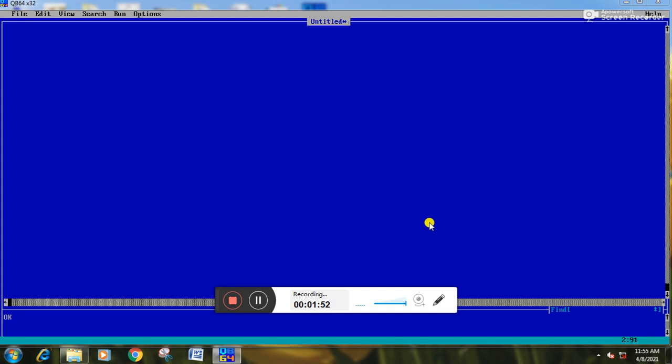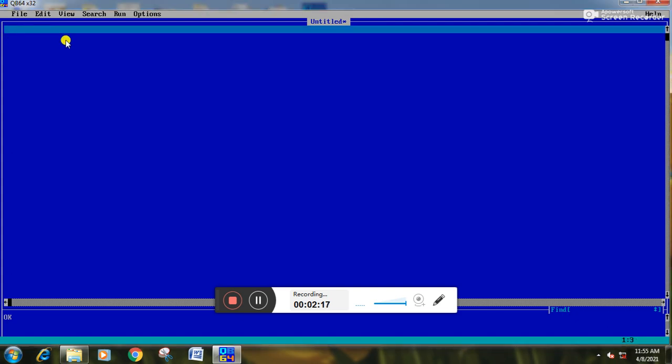There are several types of loops in QBasic: FOR NEXT, DO WHILE, DO UNTIL, and WHILE WEND loops. Today what you are able to see on the monitor is the interface of QBasic. Now we are going to start with the FOR NEXT loop. How is the FOR NEXT loop going to be written here? I am writing that one, and after that I am going to explain it.